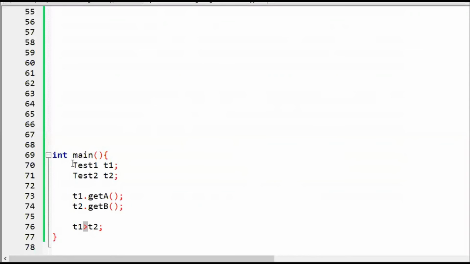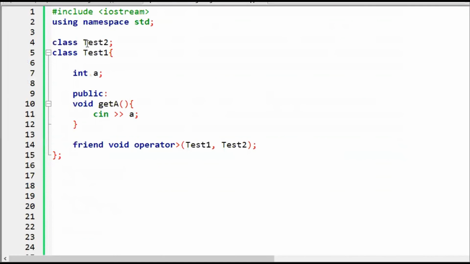So my task is to create this class in which we have one variable here and one variable here, to create these functions, and then I should write an overloading function to compare t1 and t2. That is my job. Okay, so let me create test1 and test2 class. Test2 is the class. Here I am only declaring it. Okay, I'll tell you why I have just declared. Test1 is the class in which I have a as a private data, and there is a public method which is asking a value from the user.